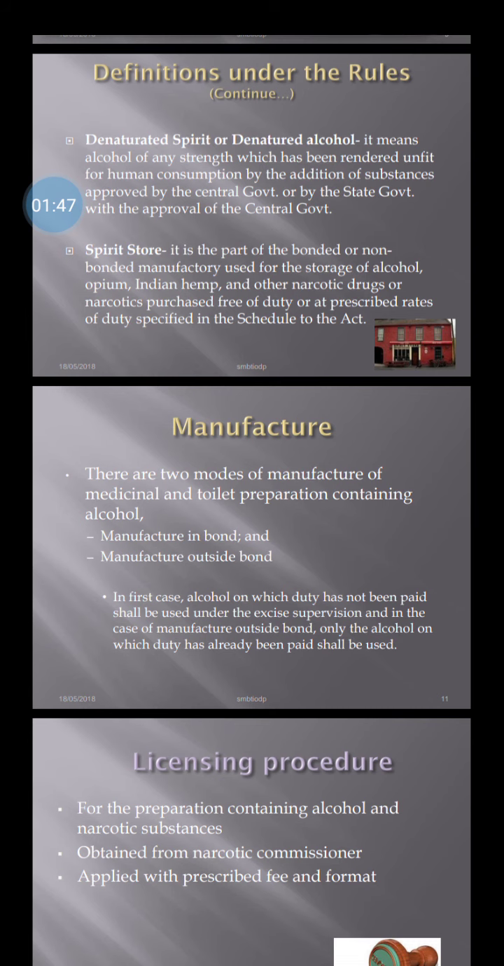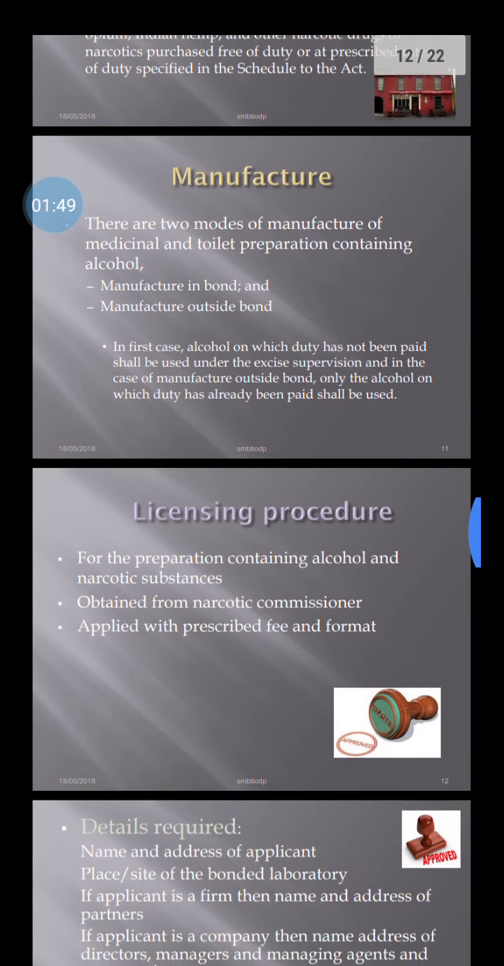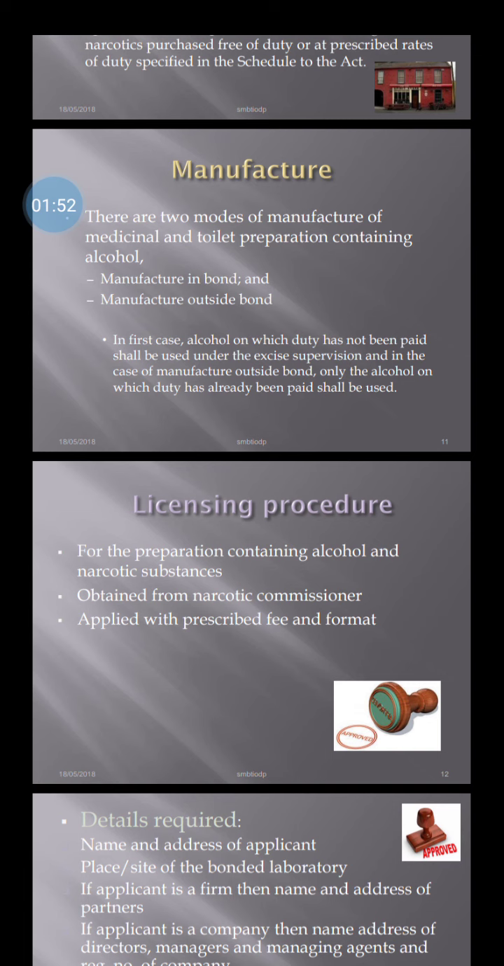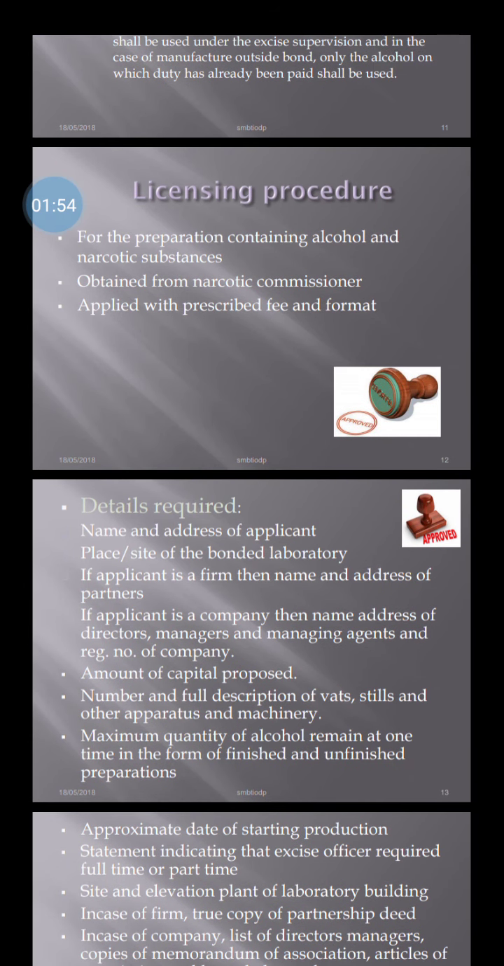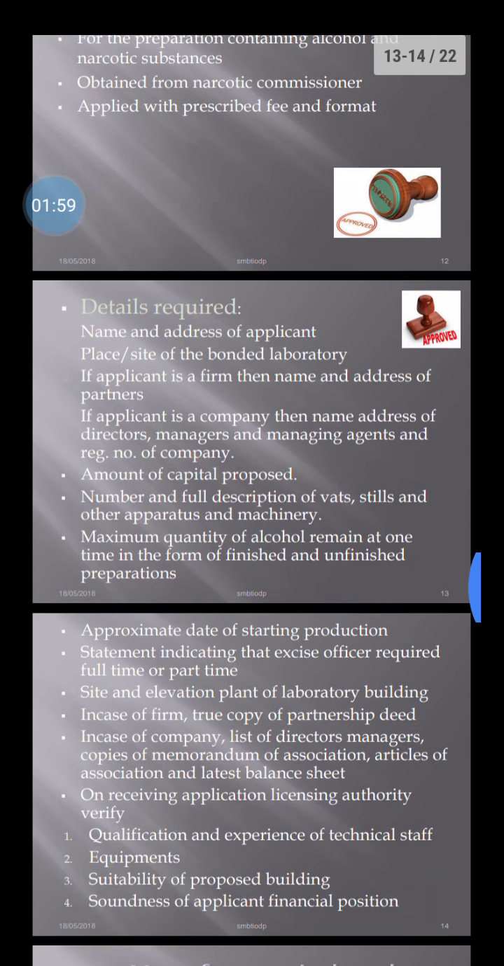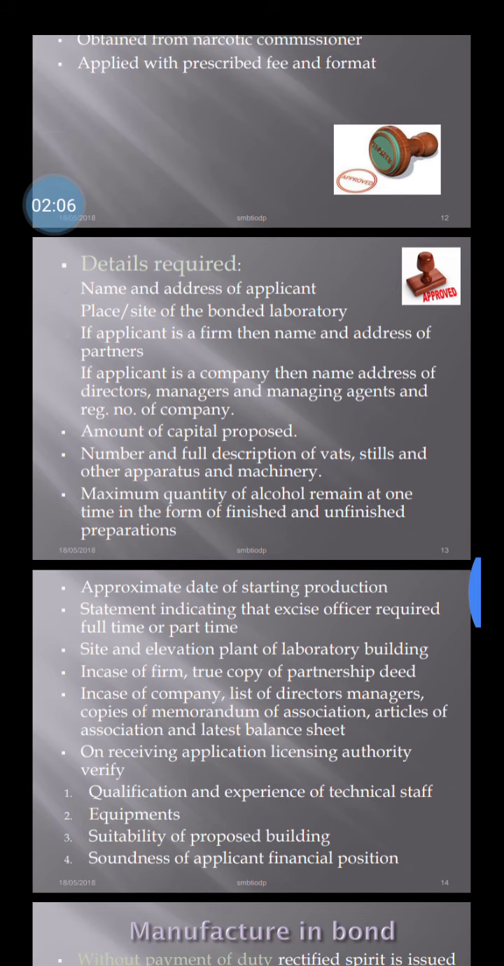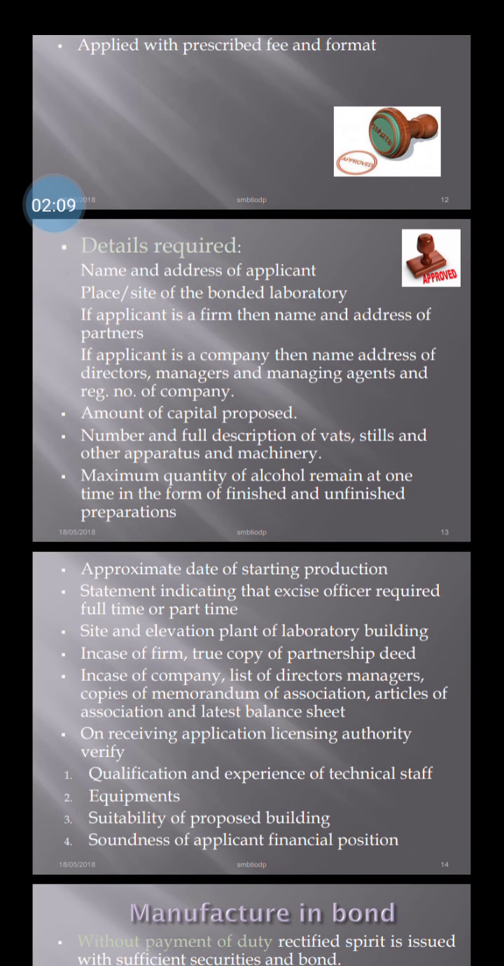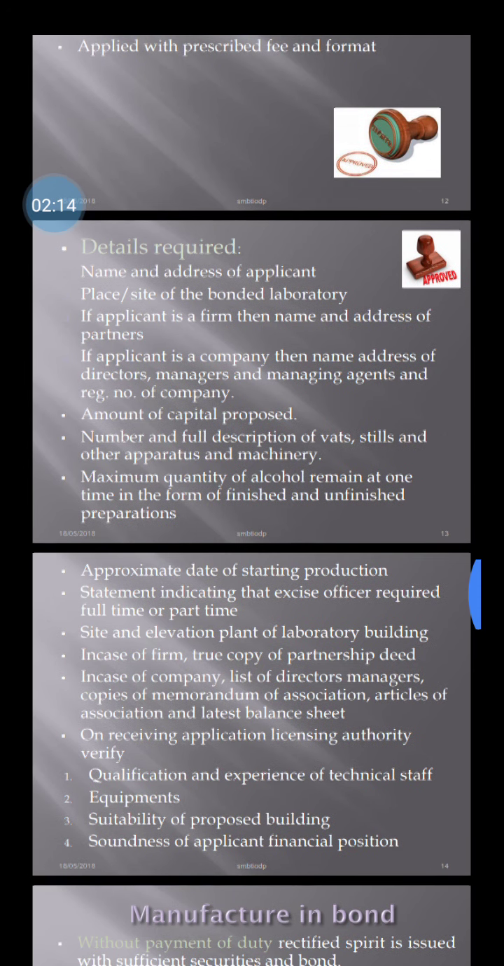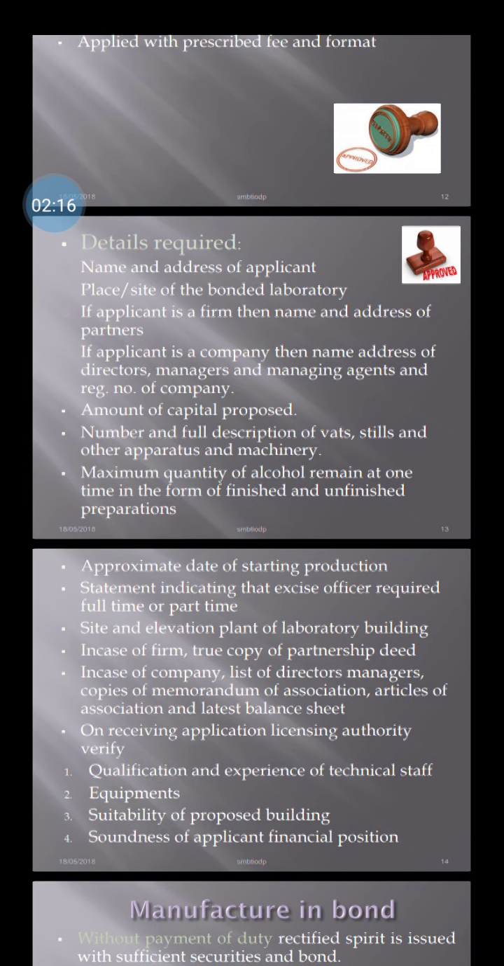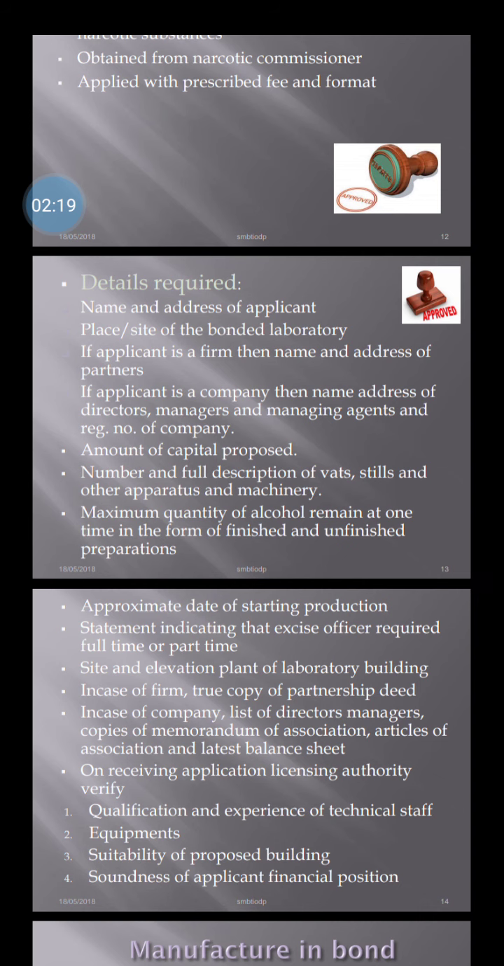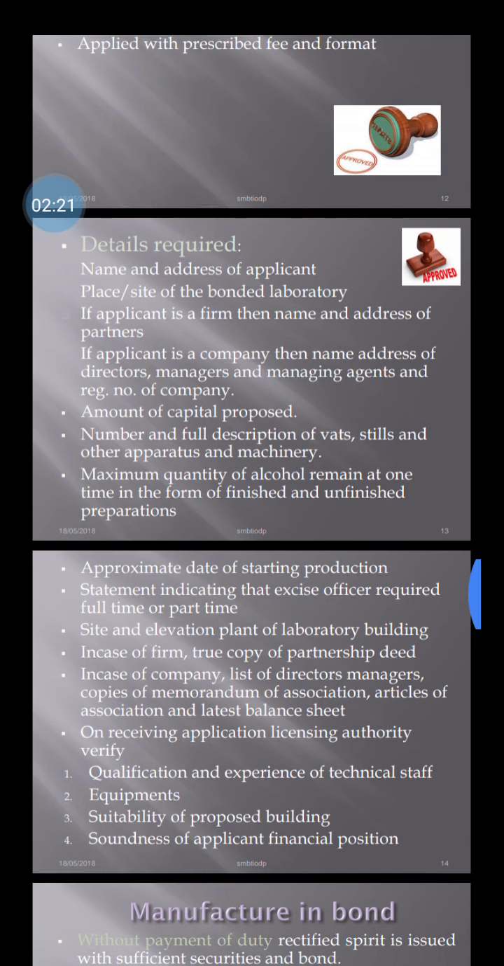Then manufacturer, and the licensing process. The detailed requirements for licensing include the name and address of the applicant and the site of the bonded laboratory. If the applicant is a firm, the names and addresses of the partners. If the applicant is a company, the names and addresses of the directors, managers and managing agent, and the registration number of the company. Then the amount of capital